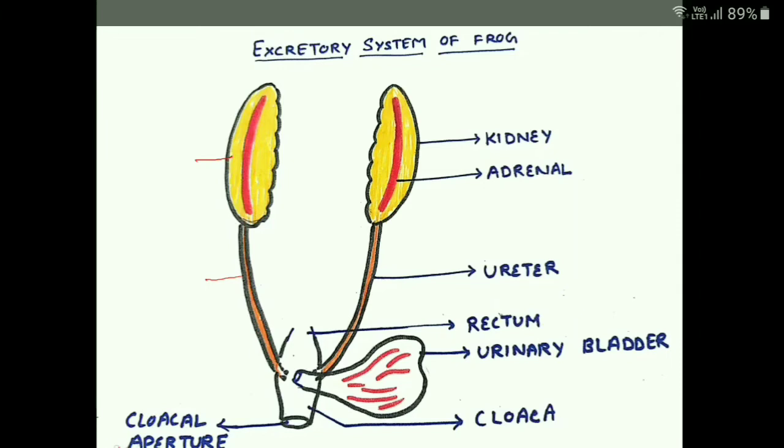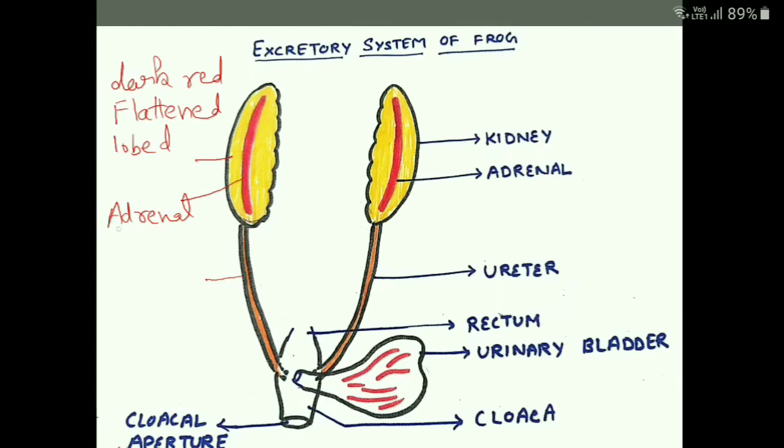Now see the diagram of the kidney. The kidneys are somewhat flattened organs, dark red in color. You can find their inner borders are lobulated, they have a lobed inner border. The outer border is somewhat flat. Just over the kidney you can find this red colored band that I have drawn; it is nothing but the adrenal gland. Adrenal, you all know, is also called suprarenal, one of the glands present on the kidney in vertebrates. So frogs also carry a pair of adrenals present just on the ventral surface of the kidney.